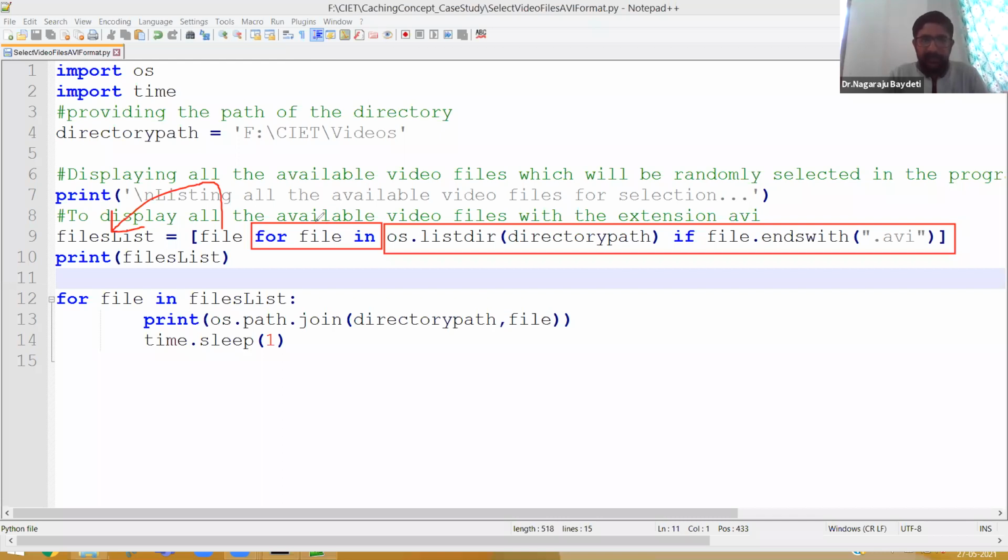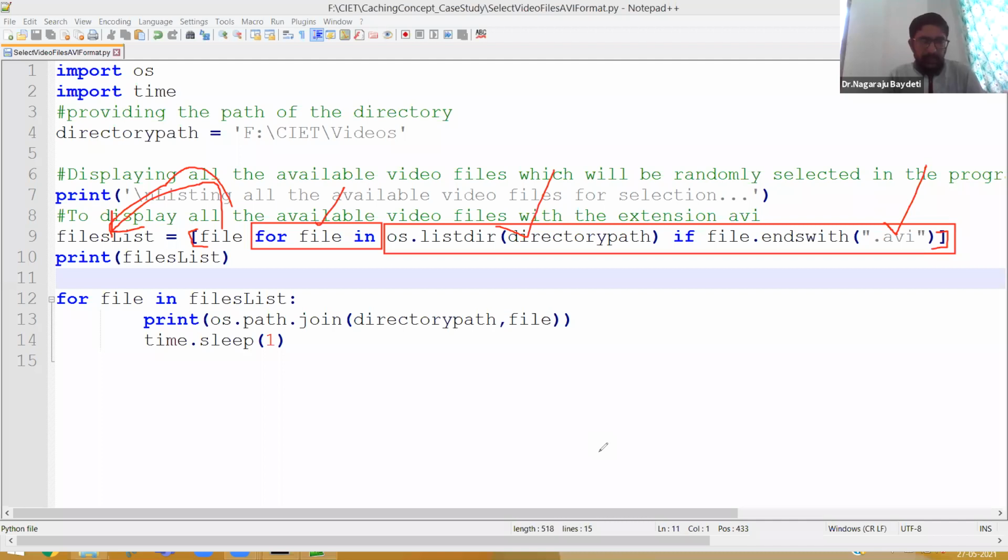First, for every file in this particular directory, in case it is ending with .avi, add it into the list of files. Basically, it is a files list.